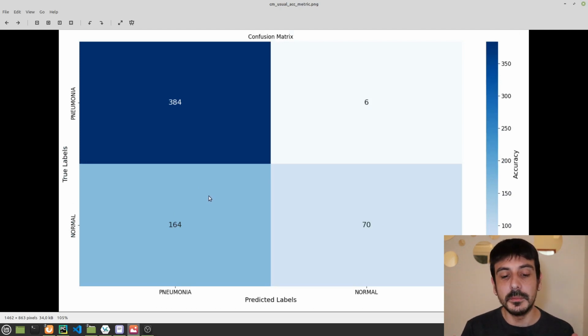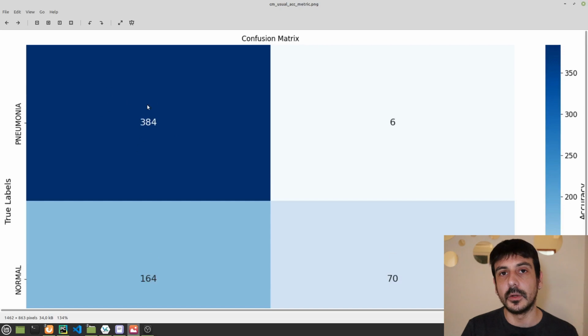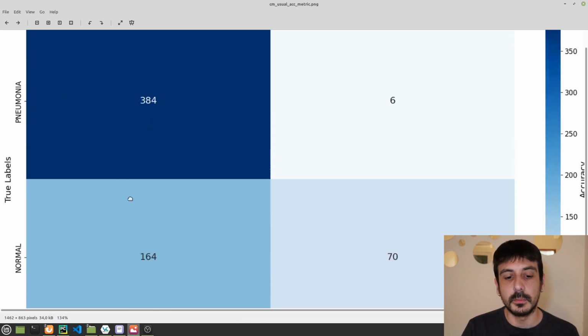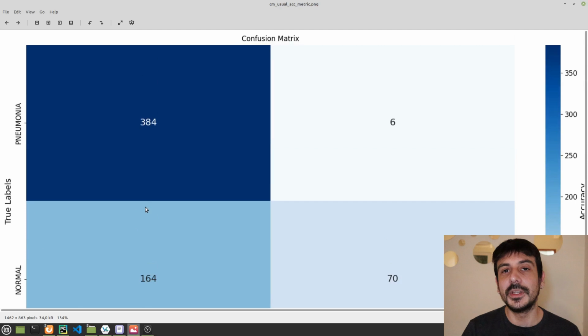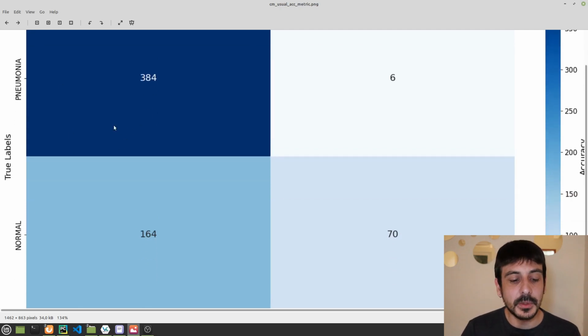I have been inspecting many different images, and this confusion matrix, and I noticed that this image classifier is super biased to the pneumonia category. So, long story short, for a given image, it's most likely to predict pneumonia than normal. Pretty much it's classifying most of the images as pneumonia, and it's not performing very well for the normal category, right?